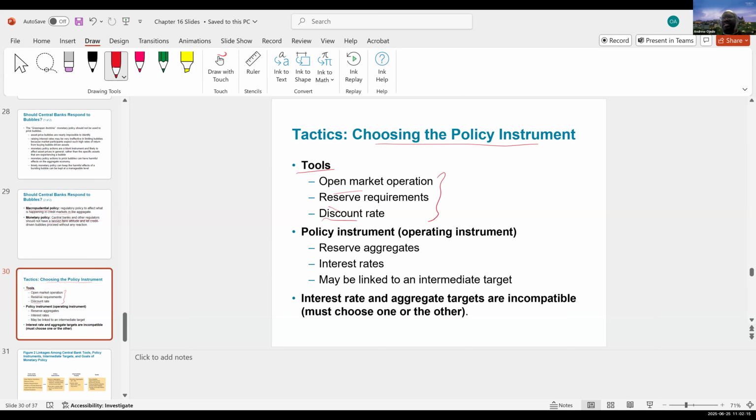Set the discount rate, which is the interest rate that they charge when banks borrow from the Fed. But these are the operating instruments that the Federal Reserve has always targeted. So, as I said, when